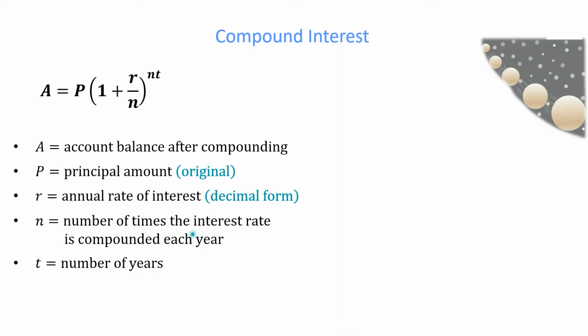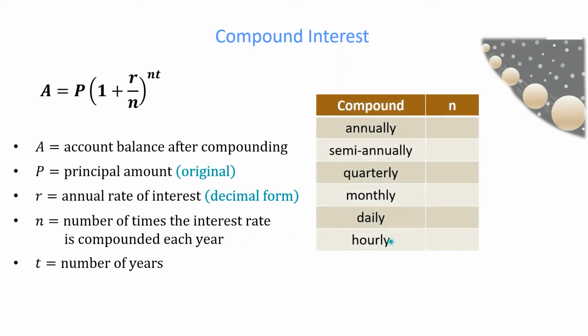The number of times the interest rate is compounded each year, or the value of N, can vary depending on the keyword in the question. So we have a table of keywords here to determine the correct value of N, so we can substitute correctly into this formula here. So if we compound annually, this is once a year, semi-annually, twice a year, quarterly, 4 times a year, monthly, 12 times a year, daily, 365 times a year, hourly,